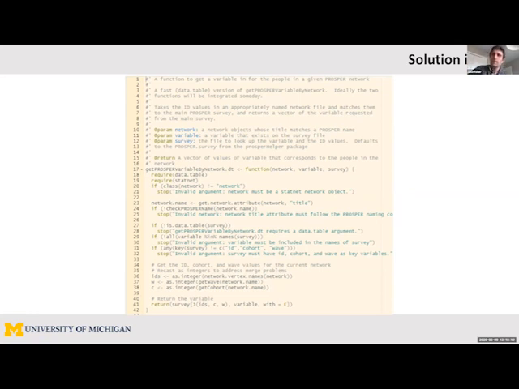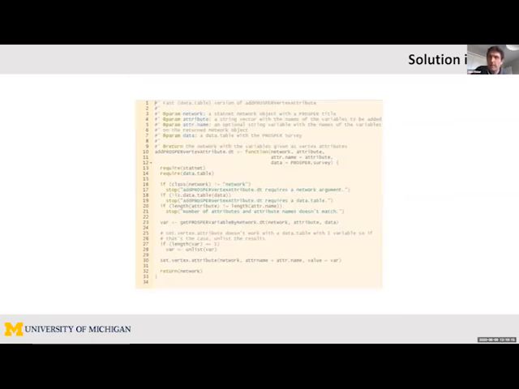I constructed a couple of examples here. These are two nested functions. The first function is get prosper variables by network. You feed it a network object and the survey file, and it goes through and finds the IDs from the network object that correspond to the survey and pulls out the appropriate variables.